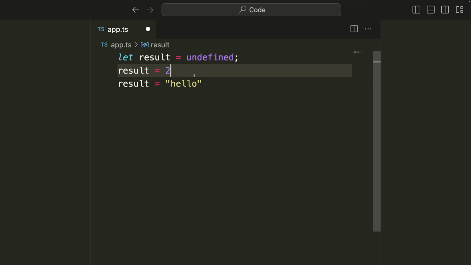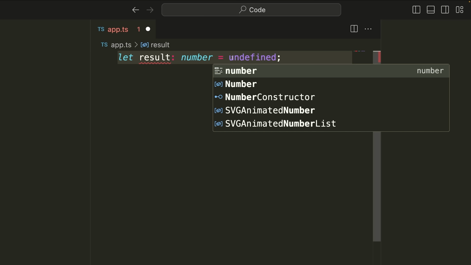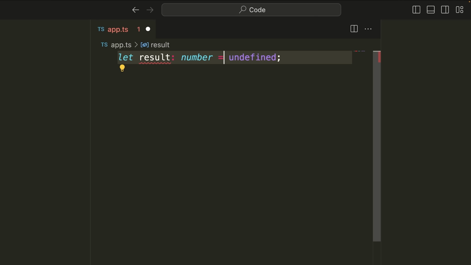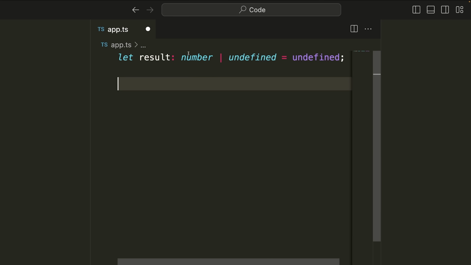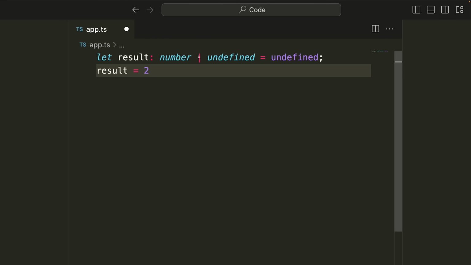Now the same thing happens if we make this undefined, the type becomes any, again, because we don't know what it's going to be. Okay, now if we want to, again, we can set this equal to an explicit type, but then we're not able to assign it to undefined unless we do something known as a union. We're gonna look at this later on, but I'll quickly show you. I can say let result equal number or undefined, and now we start it as undefined, and then later on, I can say something like result equals 2, and this becomes valid. I don't want to get into these types too much because they're a bit more complicated, but you get the idea. We have something known as a union operator, and that means we can have either of the two types here that are separated with the union. Okay, so that is